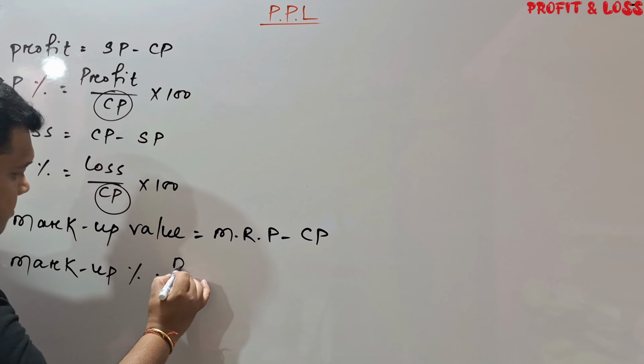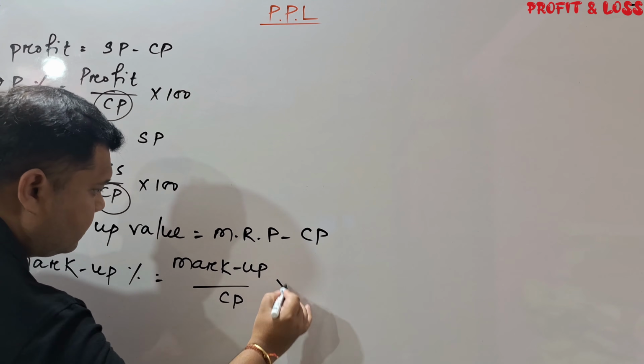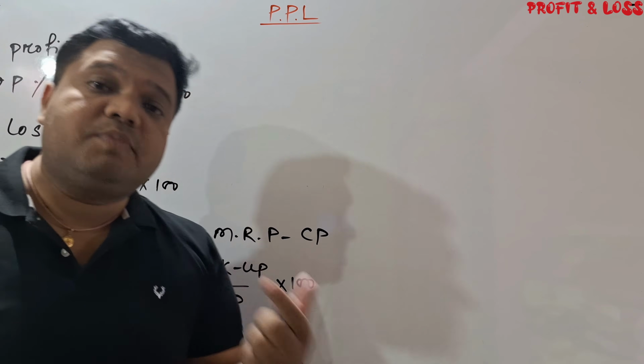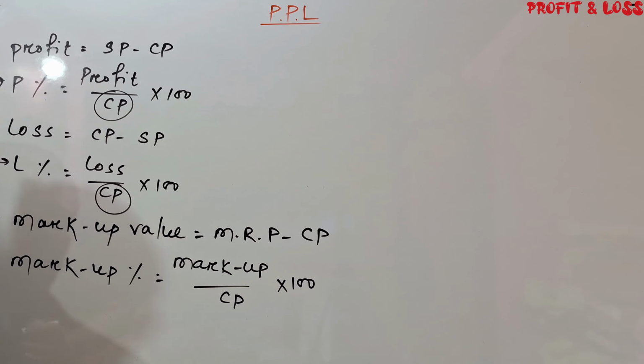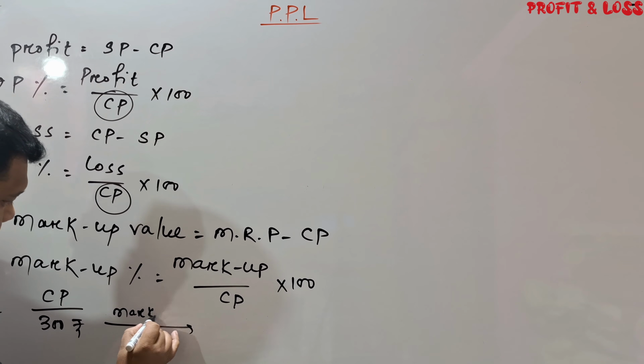Markup percentage is markup value divided by cost price into 100. Done? Without knowing the cost price also you can find markup percentage. One example. Suppose cost price is given. Let's say cost price of any article is 300 rupees. Then markup percentage,